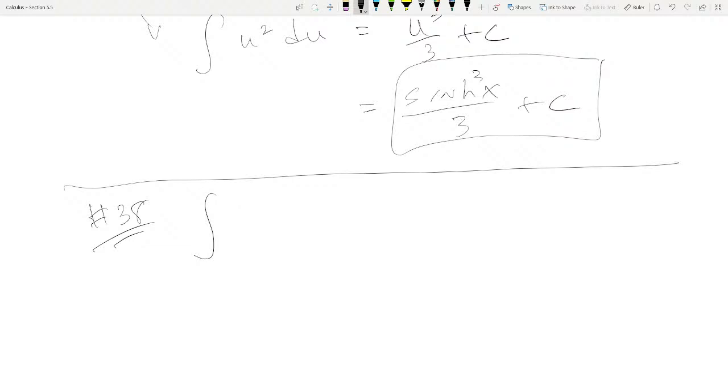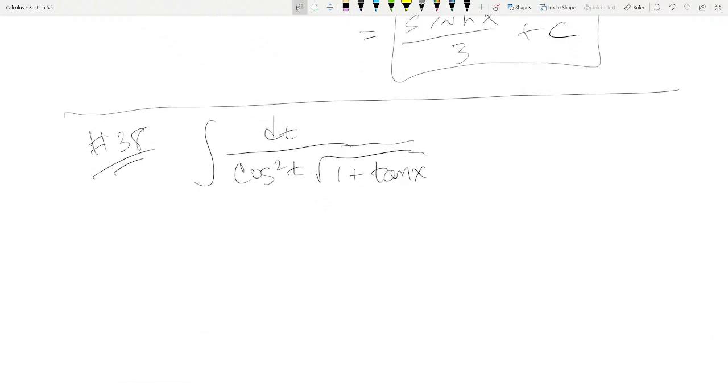As the integral gets more and more complicated, you should expect it to be more and more rigged. They have to be built a certain way, otherwise you can't do them. This section is on undoing the chain rule, essentially. That's what u substitution does for you. It simplifies it so you don't have to deal with the chain rule when you're undoing the derivative. And so it has to be presented in the way that has that chain rule already in there. And this is an example, but boy, they worked really hard to get this